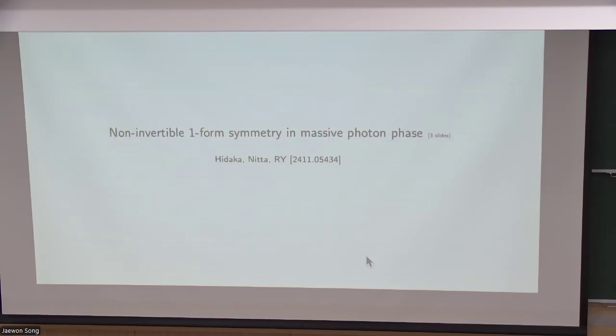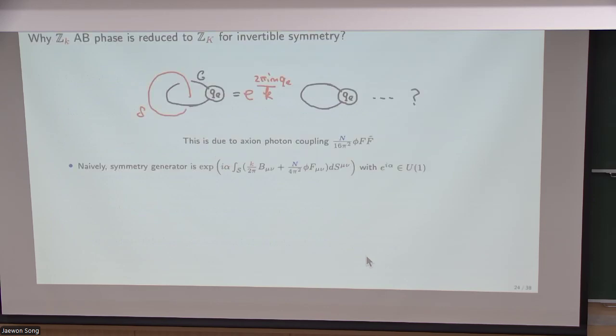So let me explain the non-invertible one-form symmetry in the massive axion phase. So our problem is that the symmetry group of the one-form symmetry generator is reduced. This problem is due to the axion photon coupling, this one. So naively, the symmetry generator can be written by this. However,